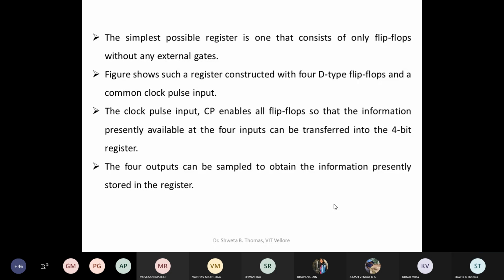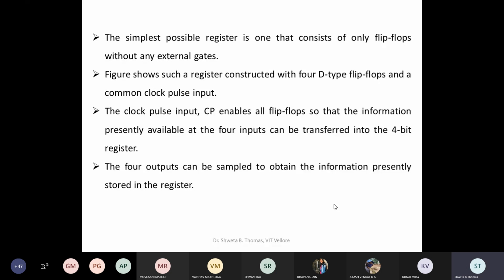One thing you keep in your mind: the function of the register depends on the transition of the clock pulse. It doesn't depend on the width of the clock pulse, I must say. It depends on the transition of the clock pulse. That means when it is going from 1 to 0, there will be no change. Whatever information was carried in the previous pulse will stay as it is. When it is 1, and if the next information we are feeding, it will transfer. So it depends on the transition of the clock pulse.